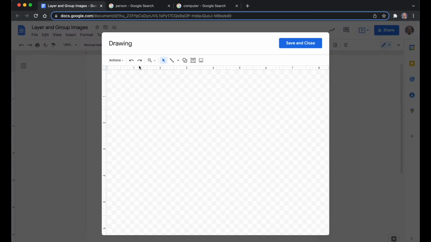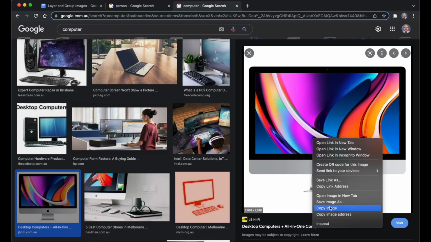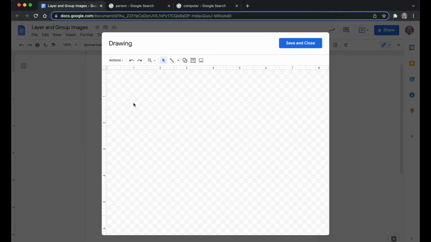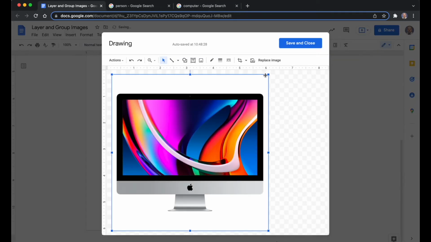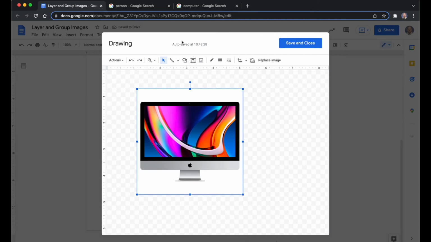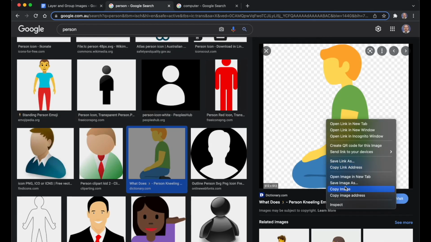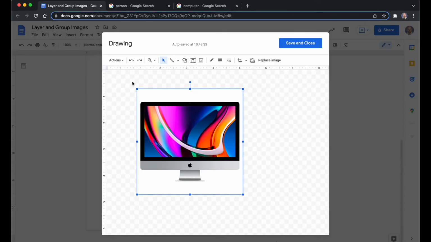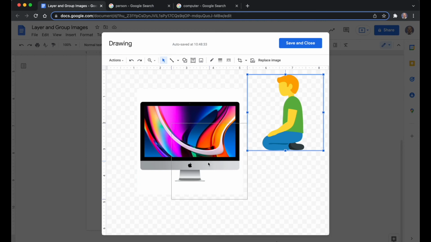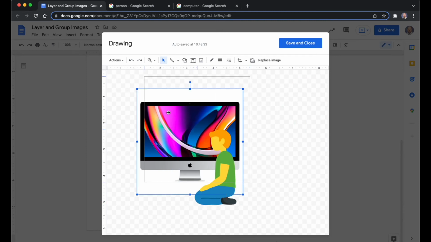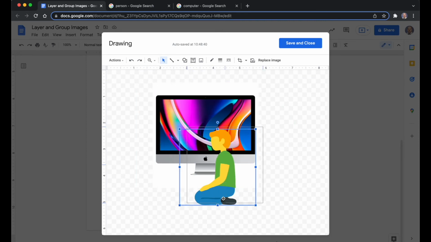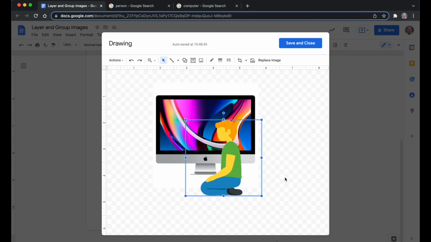I'm going to repeat the same process but on the drawing. So I go back, copy my images, paste it into the drawing, resize the shape, grab my other image, copy, paste it, and already these ones you can see will layer. I'll pop the image where I'm happy with it, press save and close,